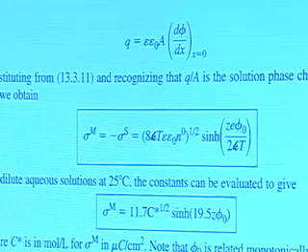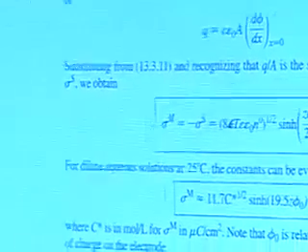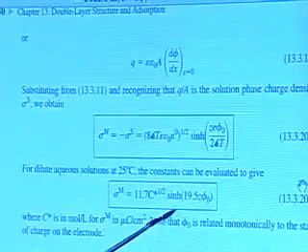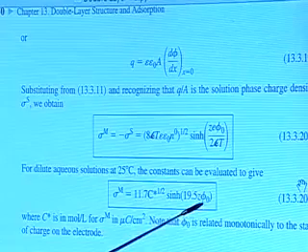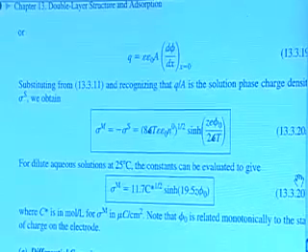So this allows us to relate that analytical treatment of the potential gradient to something we can measure, the charge density. And to the extent that that treatment was valid, it predicts that the charge density should go like the hyperbolic sine of these things, where this, of course, is related monotonically then to the charge on the electrode. Now you can say, but we don't know the potential drop,